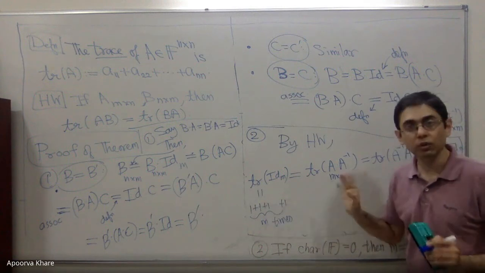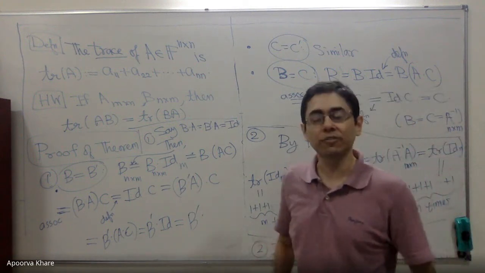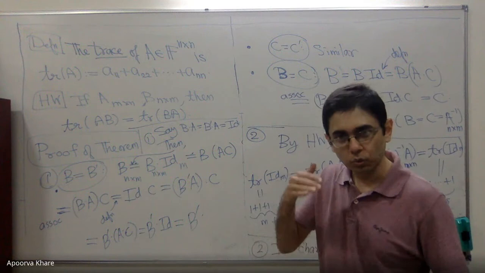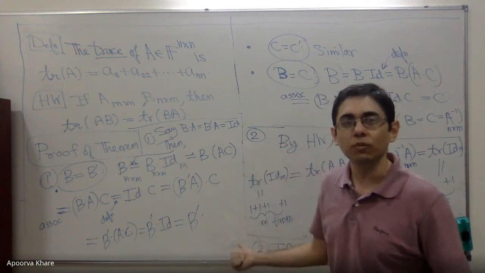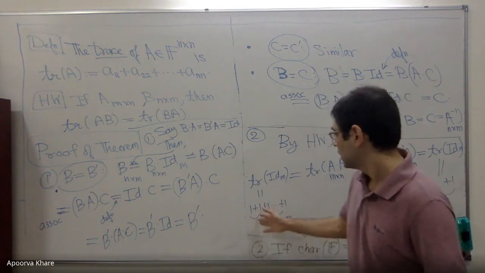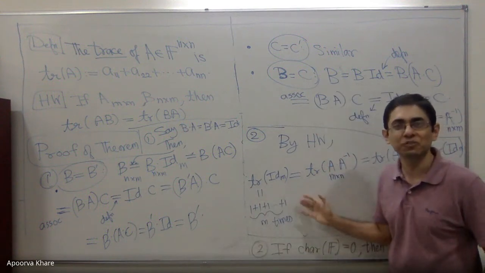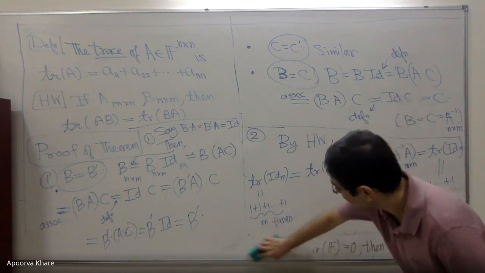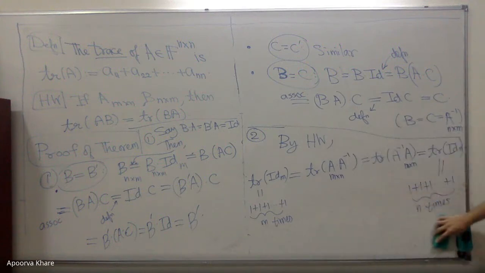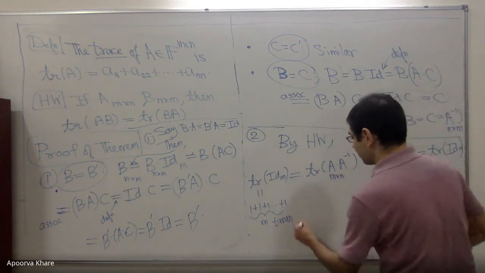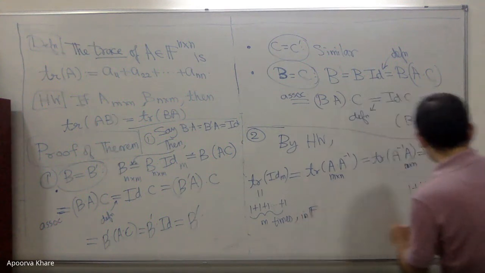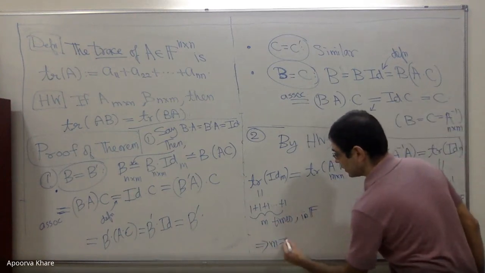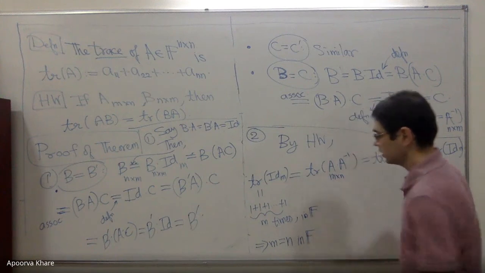So the point is, this is not equal to the integer M. So for example, if your field was a finite field, let's say a field of size 2, and this was 1 plus 1 four times, then you get 1 plus 1 plus 1 plus 1, which is 4, but 4 equals 0, because when you divide by 2, the remainder is 0. So you would get 4, but 4 doesn't mean 4 in the field, it means 0. So the point is, this is M and N, but these are what they mean in the field itself. Okay, so one should really say M times in F. Addition is in F, and here N times in F. Okay, so we get M equals N in the field.